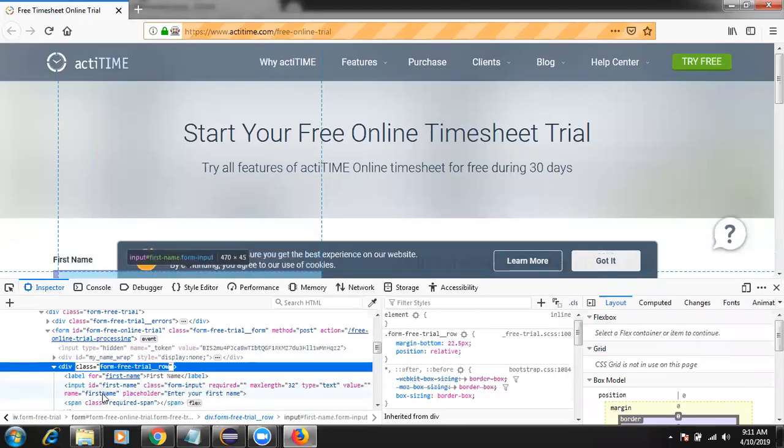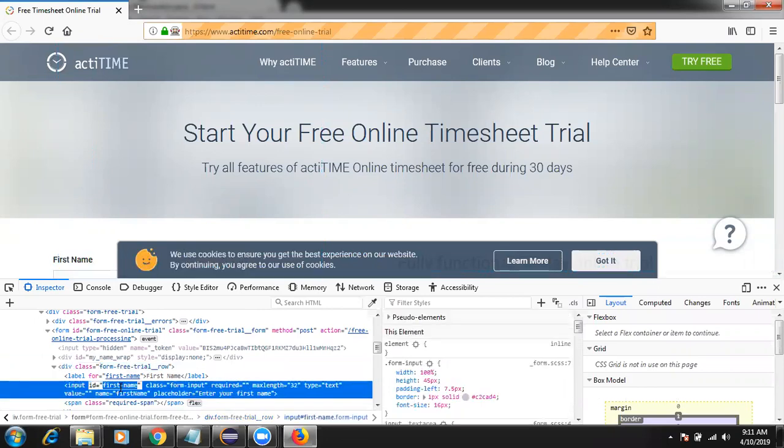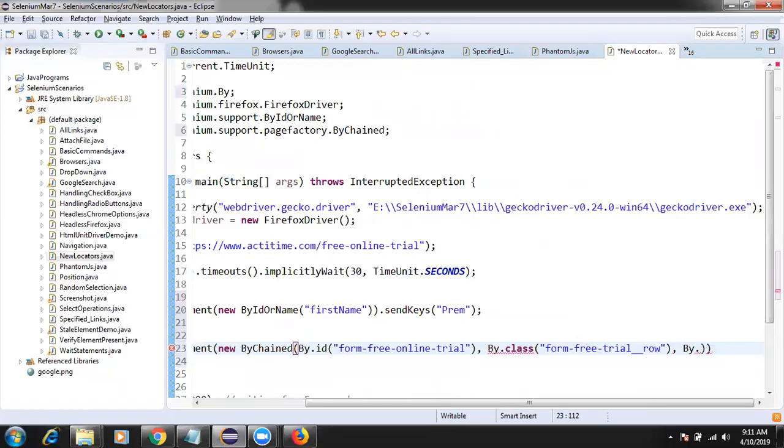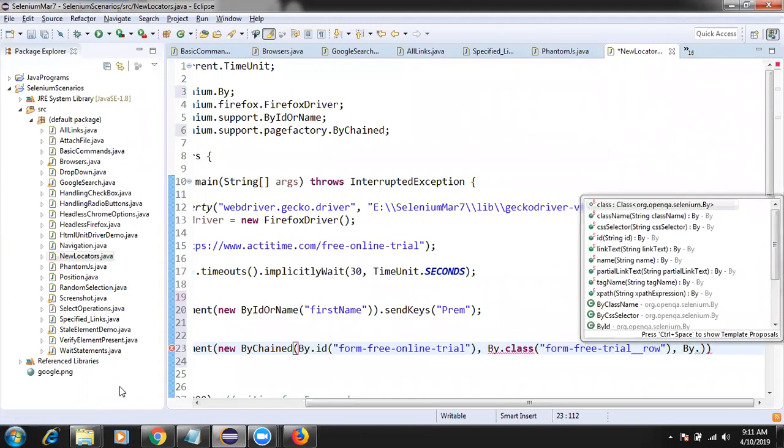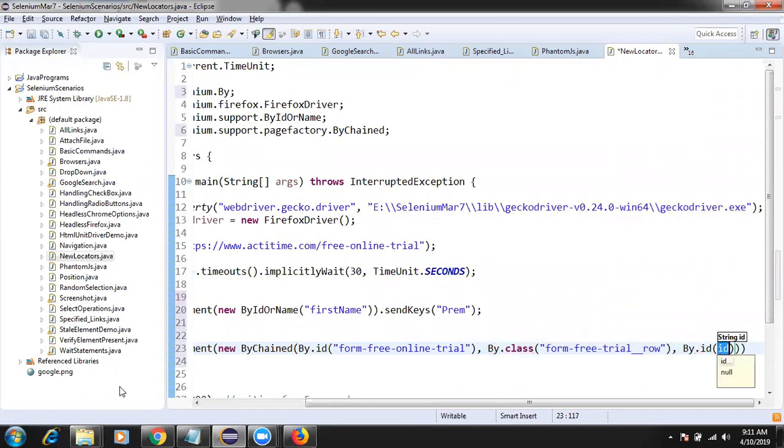So this element is identifying with by dot id,